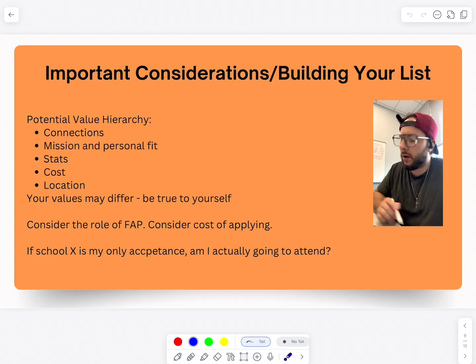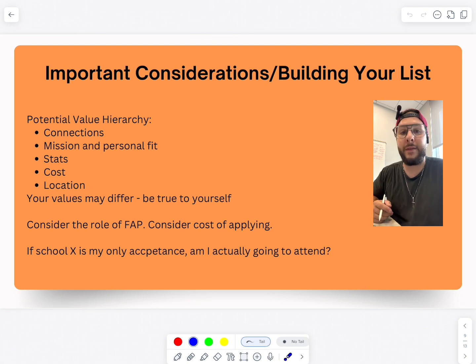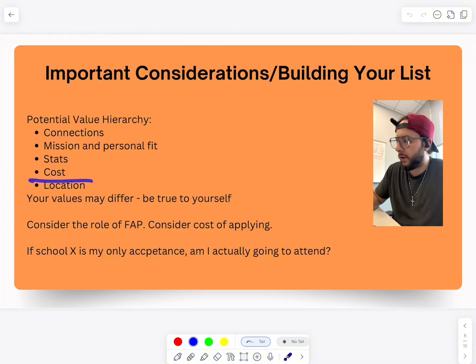Then you may want to look at the cost. You may find that your local state medical school is half the price of such and such private school that you may be interested in some other state. That's important. Unless your parents are paying for medical school or unless you're getting a full ride scholarship, which very few people do, you are more than likely going to pay for medical school with loans.